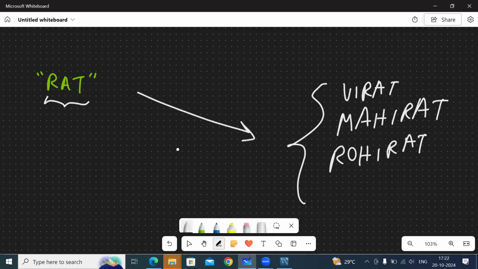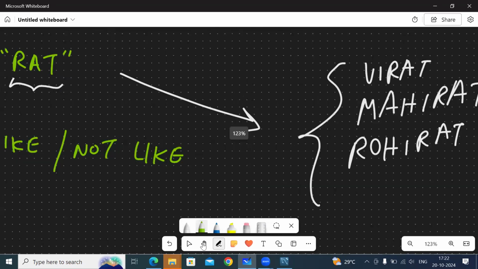So if you want to perform this kind of pattern match, you can use the operator LIKE or NOT LIKE. But how do you do that? I'll be explaining in the workbench. But for now, if you want to perform LIKE or NOT LIKE, you have to use some kind of characters, for example,